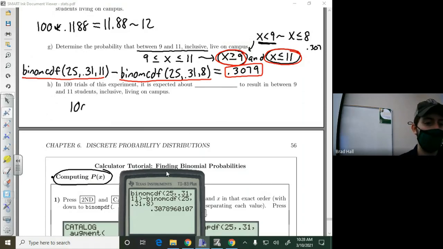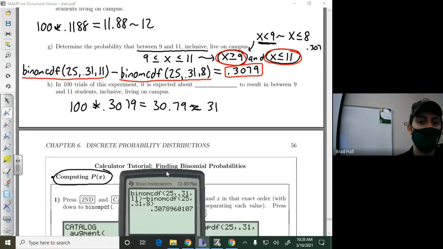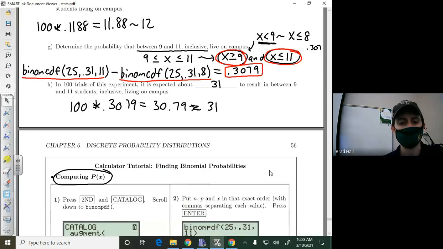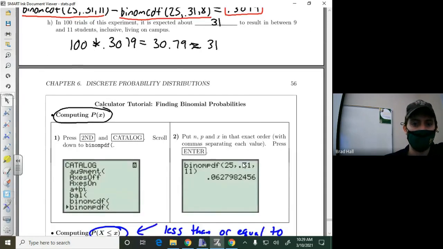Finally, in 100 trials, see that the probability is 0.3079, which is 30.79, which we can go ahead and round to 31. Does anyone have any questions about that one before we move on? If not,